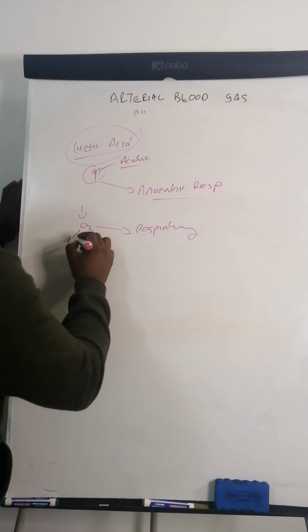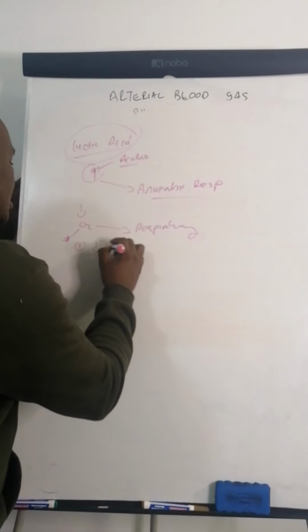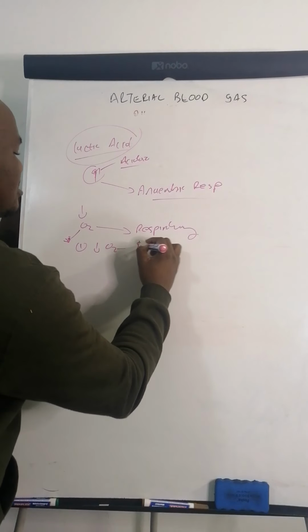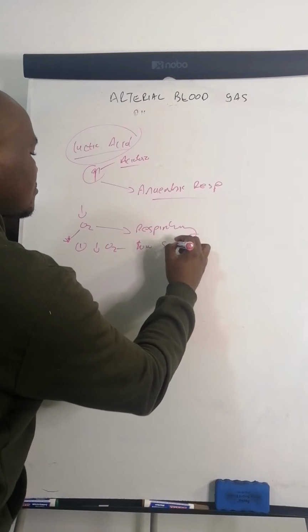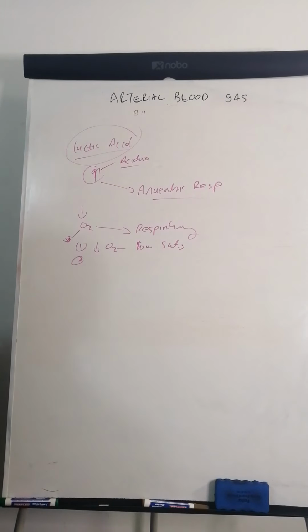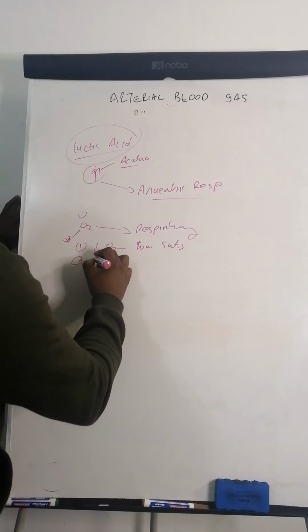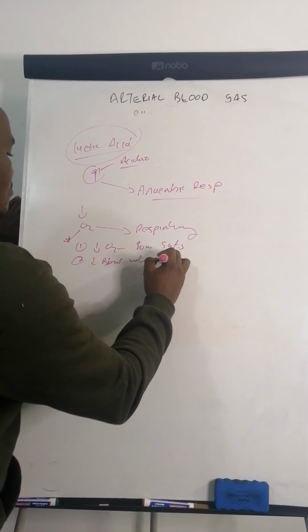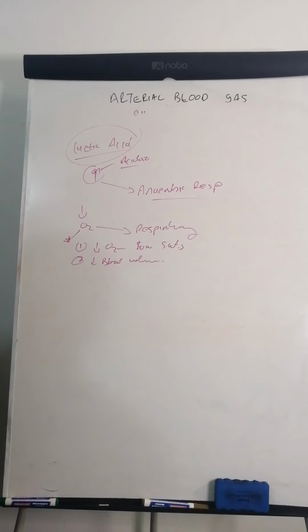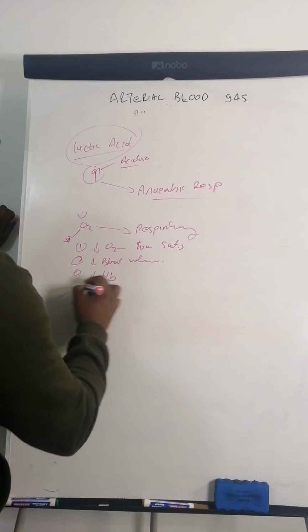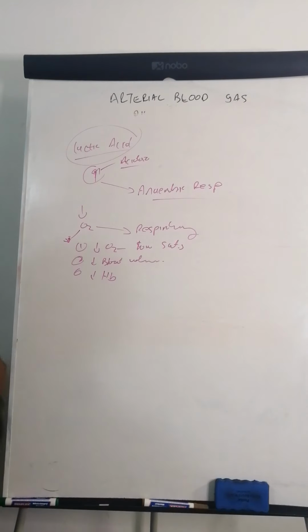Number one is decreased O2 itself, meaning the patient has got low sats. Number two, if you've got a decreased blood volume. Remember, if you've got a decreased Hb, so basically